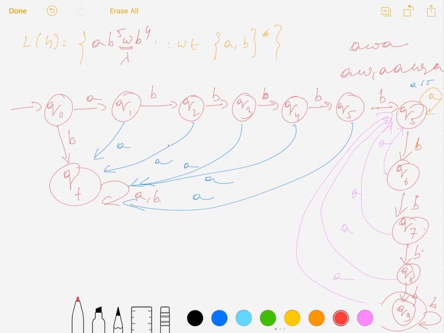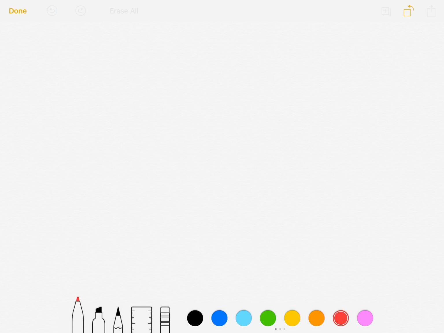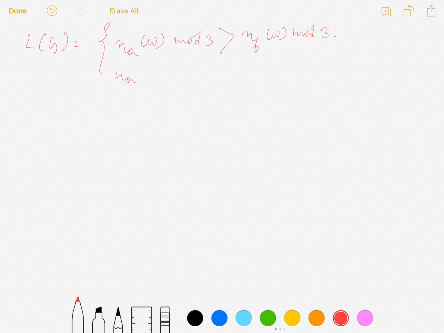Now let us move on to some more interesting problems. Suppose this problem: L equals n_a(ω) mod 3 greater than n_b(ω) mod 3, where n_a(ω) is the number of a in ω and